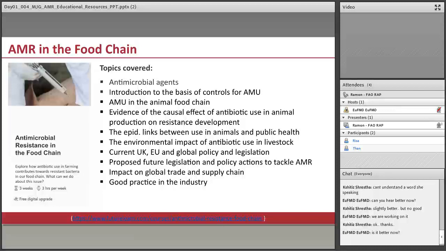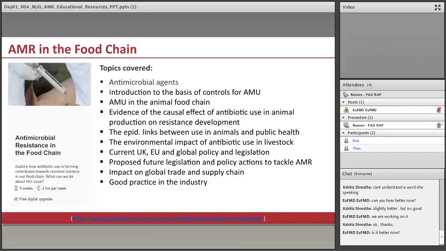This talks about antimicrobial agents and the basic controls for antimicrobial usage, AMU in the animal food chain. When you say food chain, this means production from farm to table. So maybe in some context, from farm to chopsticks, farm to hand, or whichever culture you set it in. But this is basically the food chain from animal production. And for us veterinarians, our concern, of course, lies mainly in the production part, but that doesn't mean that we cannot be connected down the line.